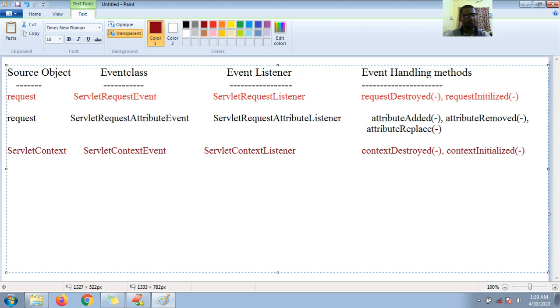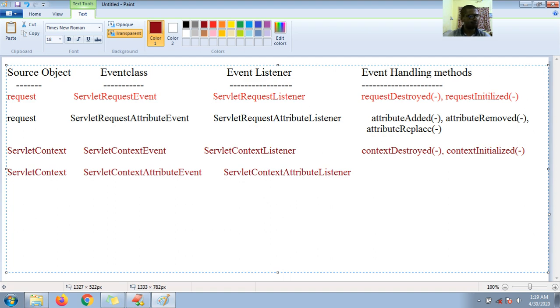Okay, now let me go for one more ServletContext. Again I want to go for ServletContext, and let me go for attributes to work with the attributes. So here is my ServletContextAttributeEvent, and its listener class name is ServletContextAttributeListener.